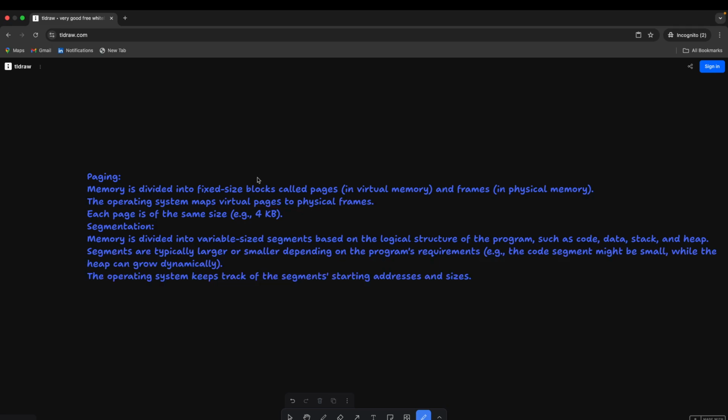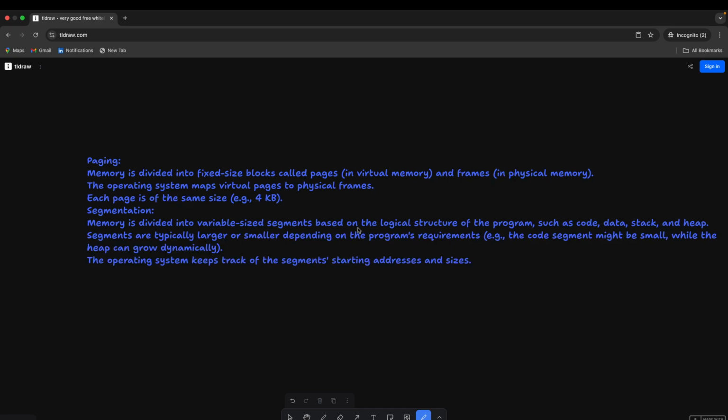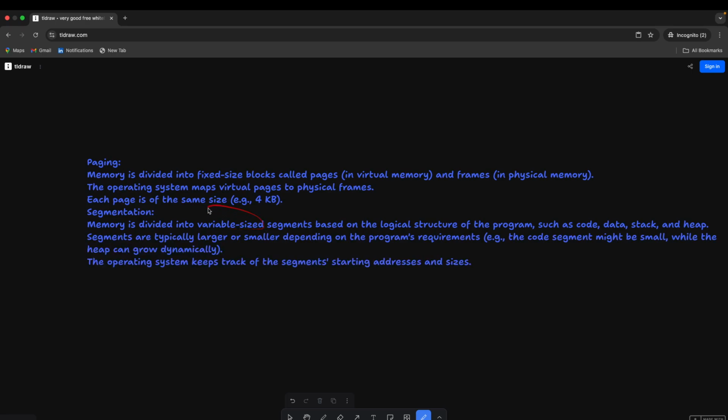So segmentation is a very good way. You are not preventing any data loss. What we do is we divide the memory into four different segments, such as the code segment, data segment, stack segment, and heap segment. Now the advantage of doing this is, first, it's variable size, right? Depending upon the size, if more lines of code are there, then the code segment will increase. If there is more data, you can have this variable option of increasing the data, and if there is less code, you can keep this less and increase this.